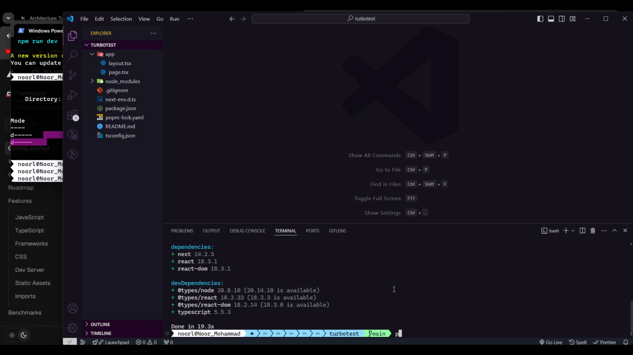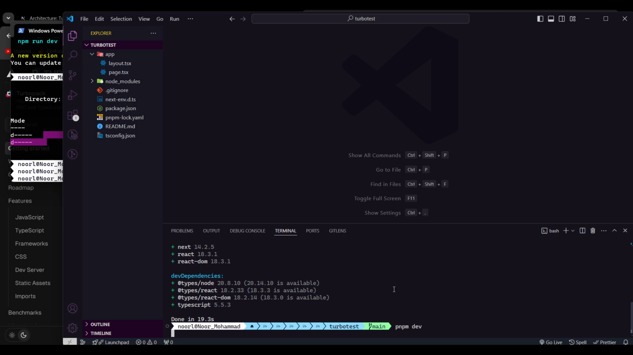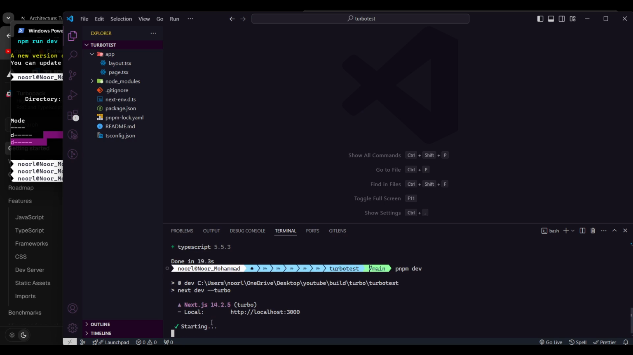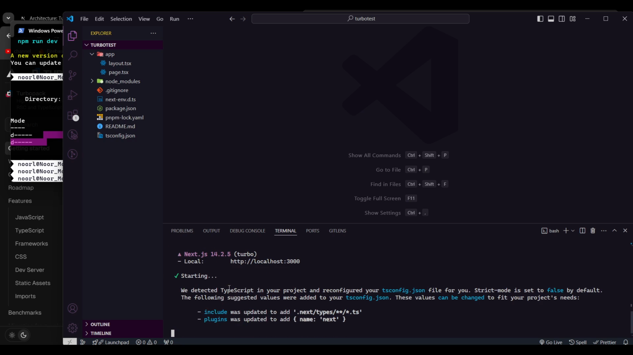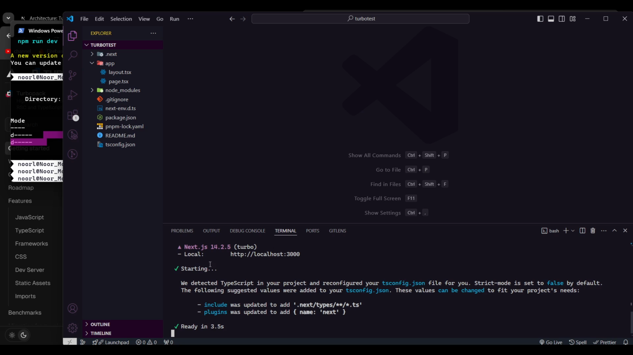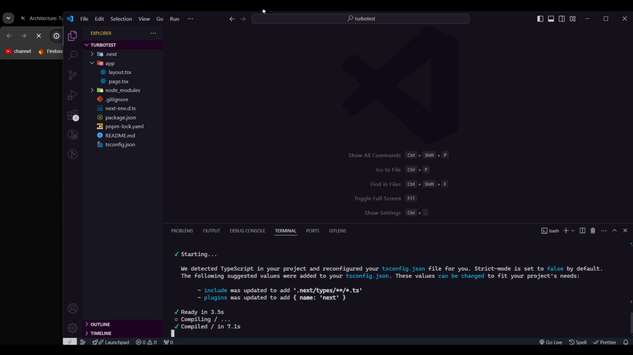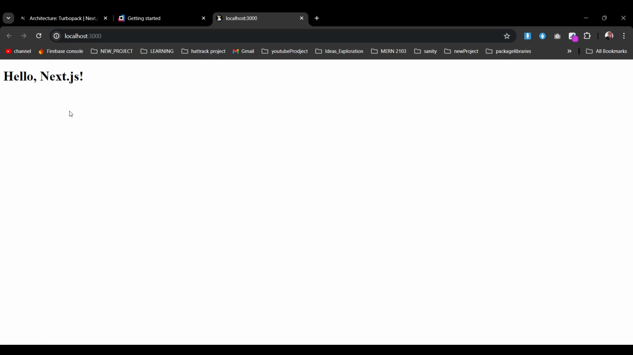Okay, now let's run pnpm dev and see if Turbo is working or not. You see the Next.js tag with turbo, which means it's working with Turbo. You see 14.2.5 turbo, and it's running on localhost 3000. Let's go to localhost 3000. It's loading, and the compilation time is, I think, similar, not so much difference, but it's okay,